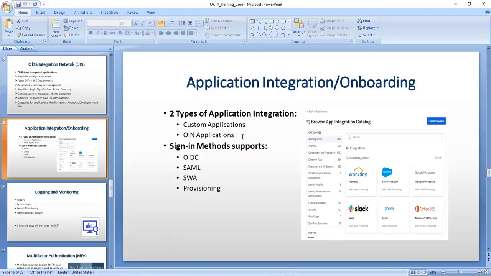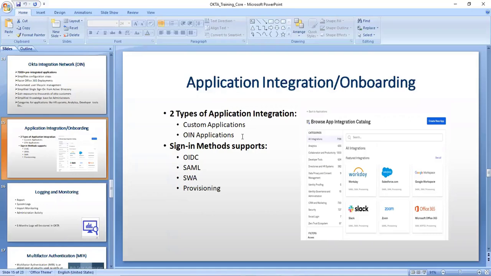We need to give what is the URL, what are the details that the application requires, and what is the protocol that the application will be supporting. So we have to select everything manually. That's why two types of application integrations are available.